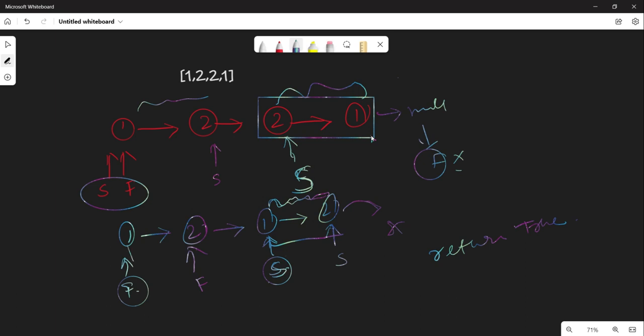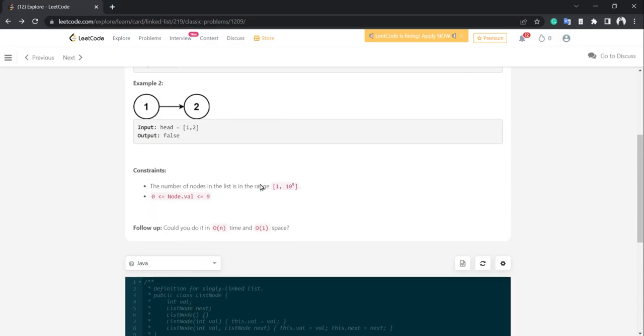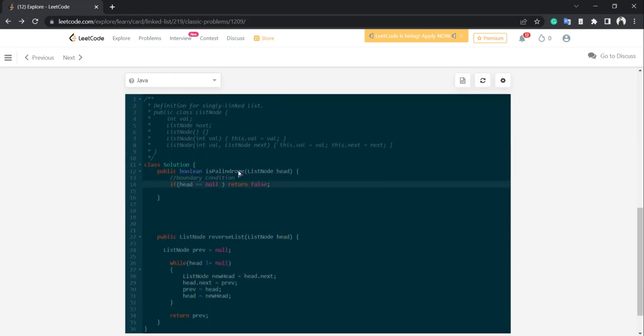Initial node, which is basically head, and we will assign head to fast, and everything will work fine. And now we will see, I think when I code now, you will get it perfectly. So let's jump into the code, and here we go. So here I have given the boundary condition already, and I have written the logic for reversing a linked list, which is